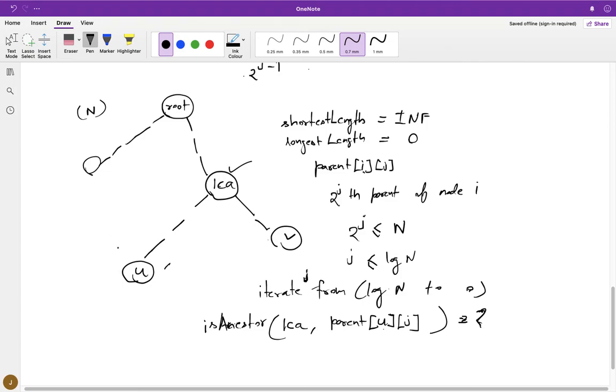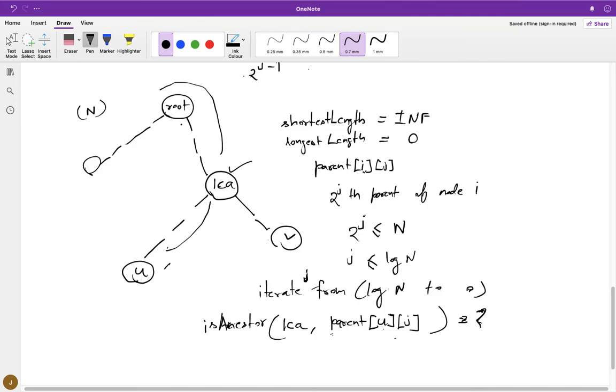Let's say there are two possibilities. If you talk about parent u, j, that means the 2 power jth parent of node u, there are two possibilities. Either the parent lies above the LCA somewhere here, or it lies in here, because those are the only ancestors of node u, right?